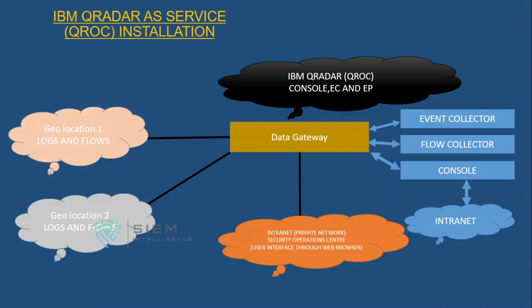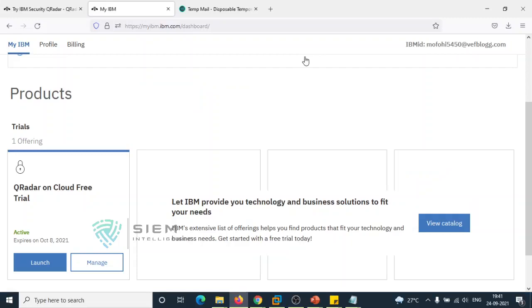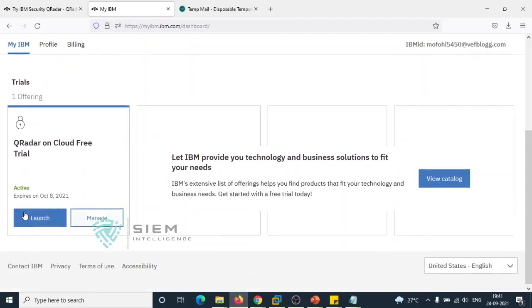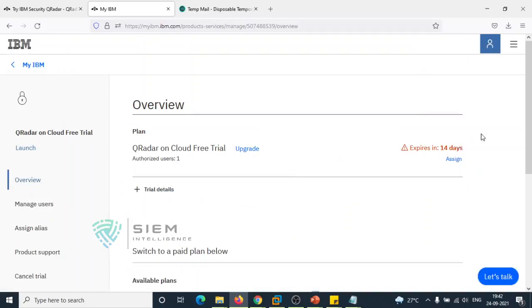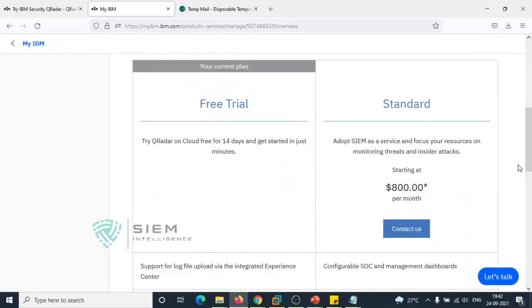So you need to pay something like, see, for us, if we go back to our IBM, it is ready now. Earlier it was taking some time, now it is ready. If you're going into some trial related issue, just click on manage. You will get, see, it will expire in 14 days. For standard, you can see this is a free trial, it is 14 days.